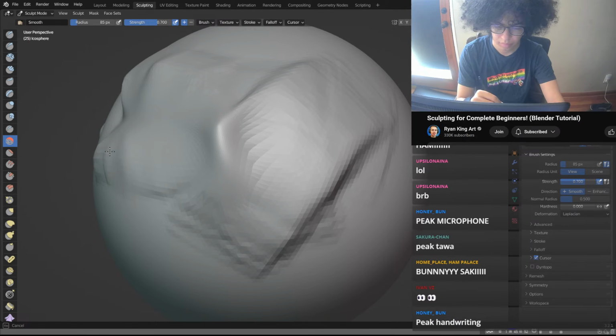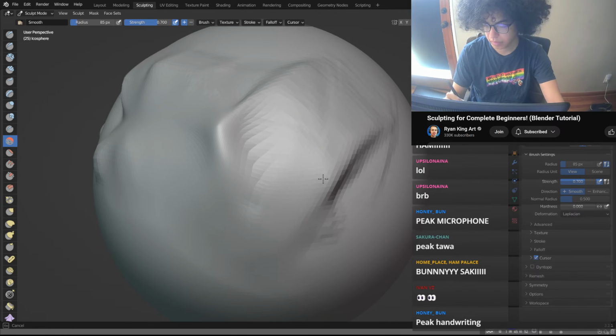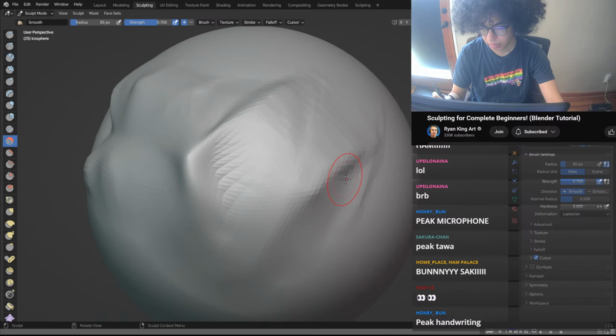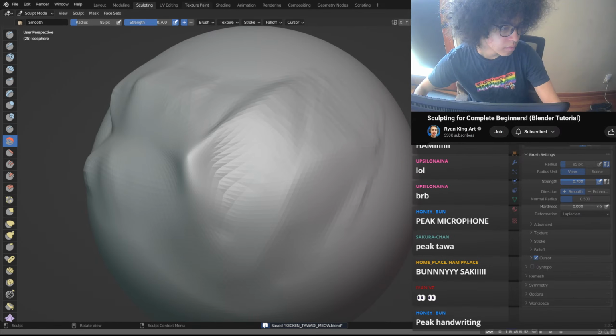So you can see like this one, the shortcut is V. So if I hit V, that'll go to the draw brush, and there's different shortcut keys for all of them. I usually just click over here to click on each one of the brushes. However, the smooth brush is used so often that if you hold down the shift key, that's going to automatically switch over to